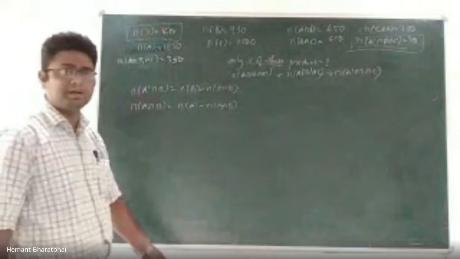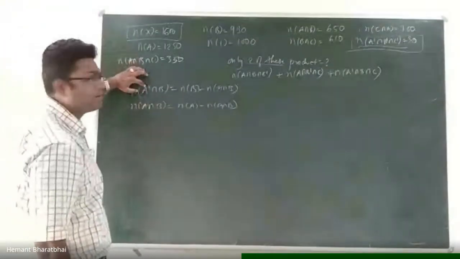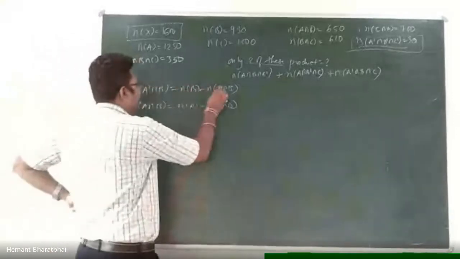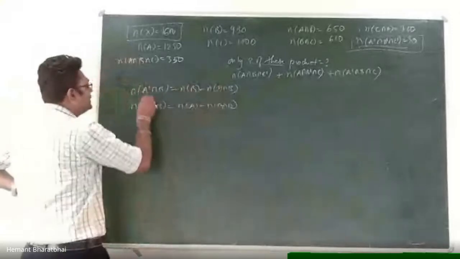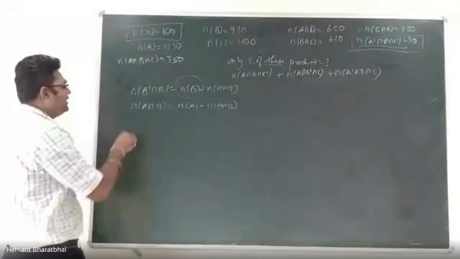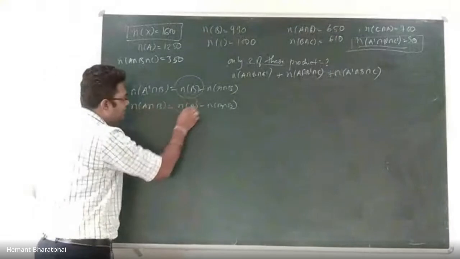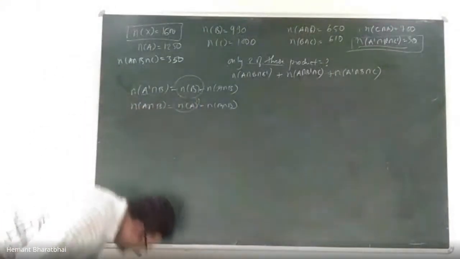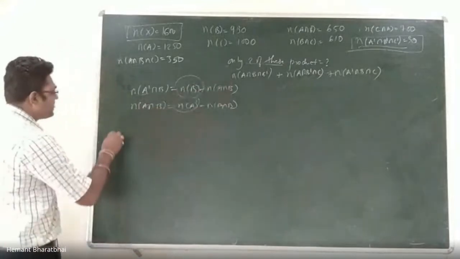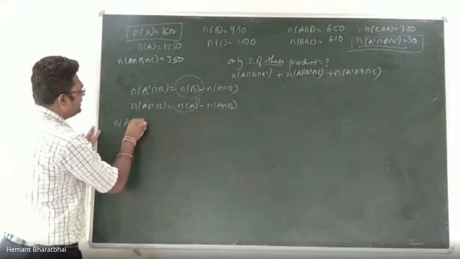If you remember, we have written this formula as a property. The number of elements in A complement intersection B can be written as n of B minus n of A intersection B. So when I have A complement, I write n of B. And when I am writing the number of elements in A intersection B complement, when I have B complement, I write n of A. The similar thing I do over here when I have to find the number of elements in A intersection B intersection C